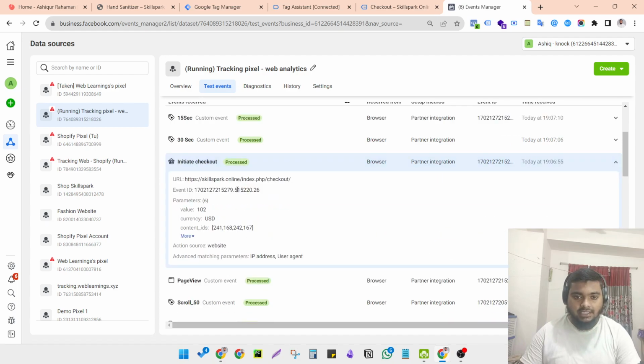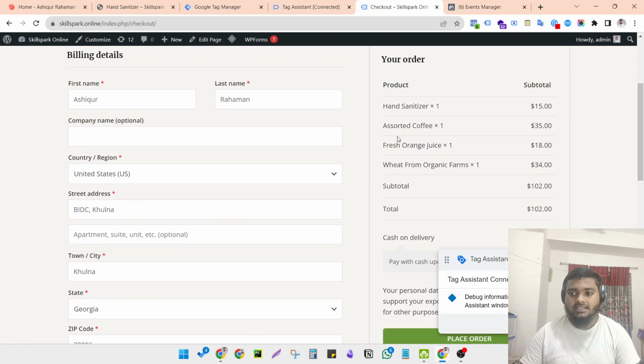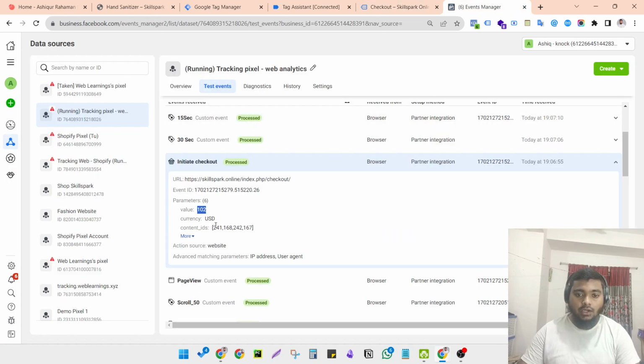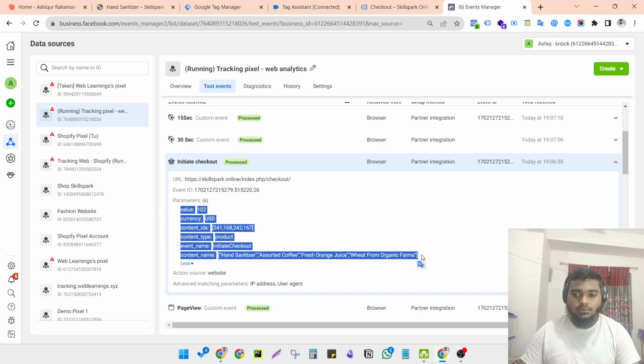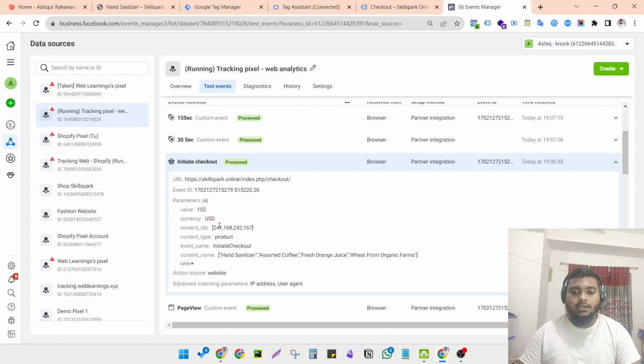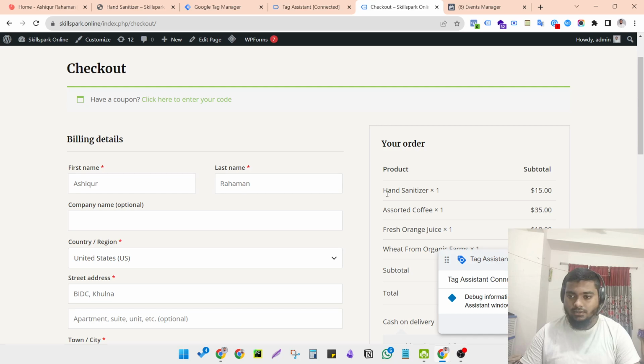So if we click here, we can see our total value. You also need to send this data dynamically always. So the total value of our checkout page is $102. And content ID, and then product checkout content name also need to be sent. So this data must be sent dynamically, and remember, if you need to set this up, you have to set a variable, and the variable needs to be advanced because here you can see that